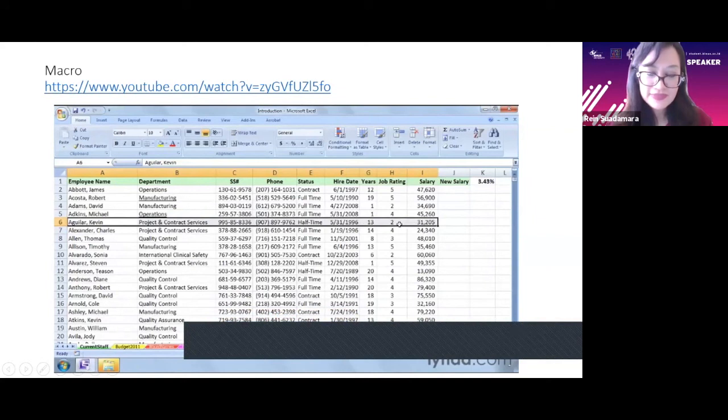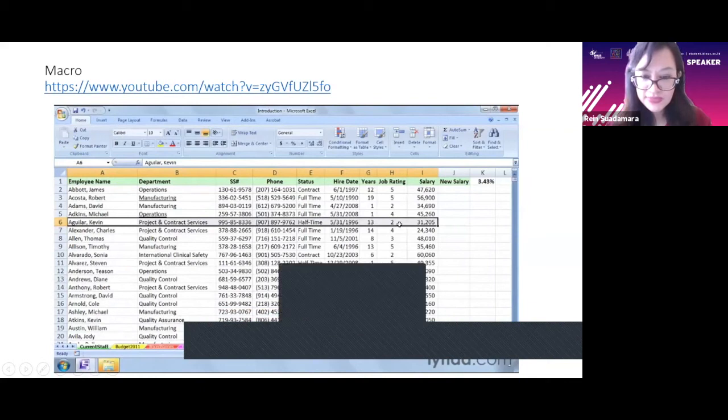So the concept of a macro, in a certain sense, is already embodied by the buttons that we've become familiar with over the years in using Excel. And so the